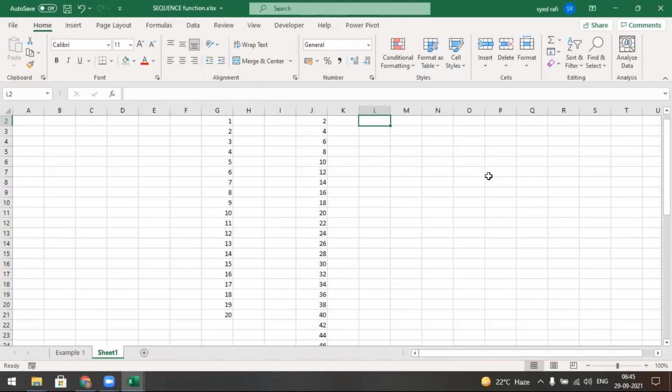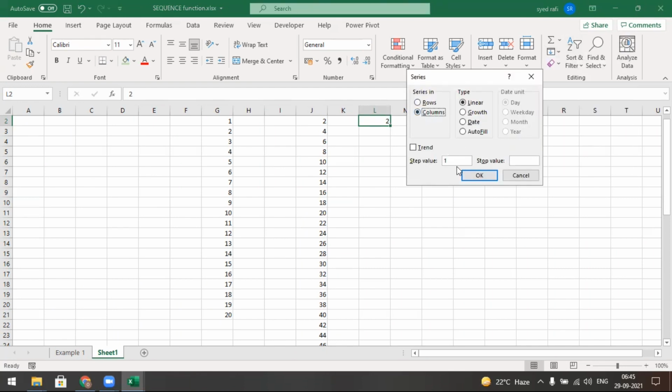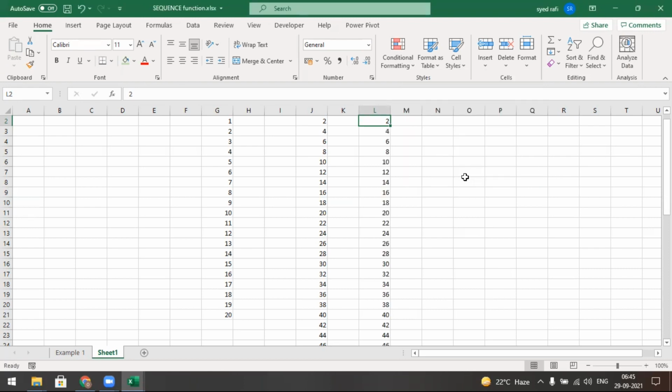What happened? Yeah, I didn't give the starting value, so that's why. So series, column, step value 2, stop value 50, linear, okay. Now we get this 50.